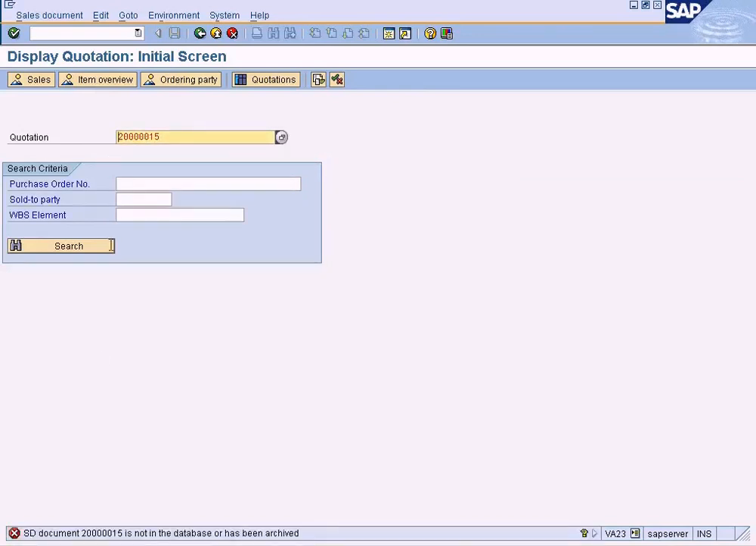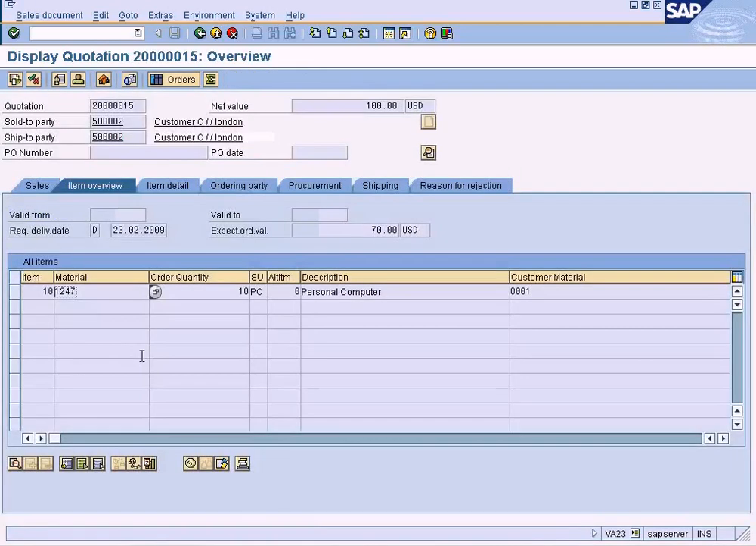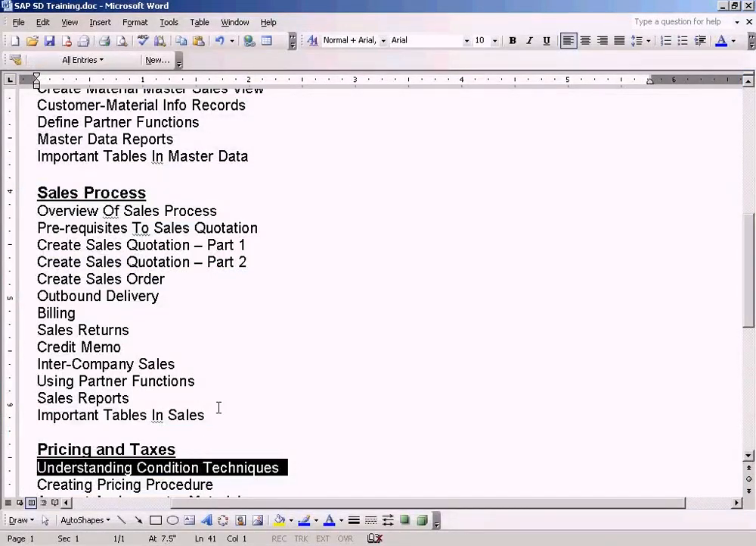Let us display it now. Choose sales document display and press enter. Oh, it's being saved. If you get this message, don't panic. It requires more time to save the document. So wait for a while and press enter again. It has been saved now. So we can see the information that we